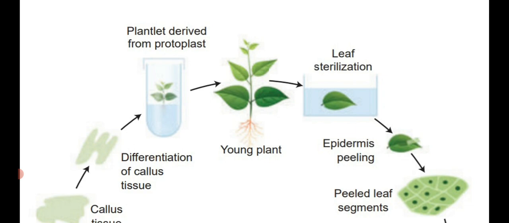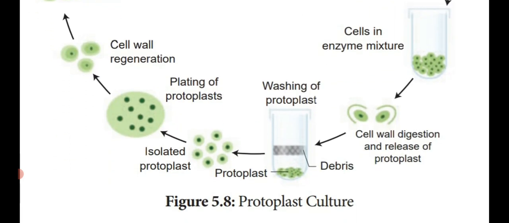So this is also one of the plant tissue culture methods, but what are we isolating? Protoplast is the part of the cell present on the inner side of the cell wall, that should be isolated, and they multiply in large numbers, and it should be developed into a new individual by using the plant tissue culture method, known as protoplast culture.